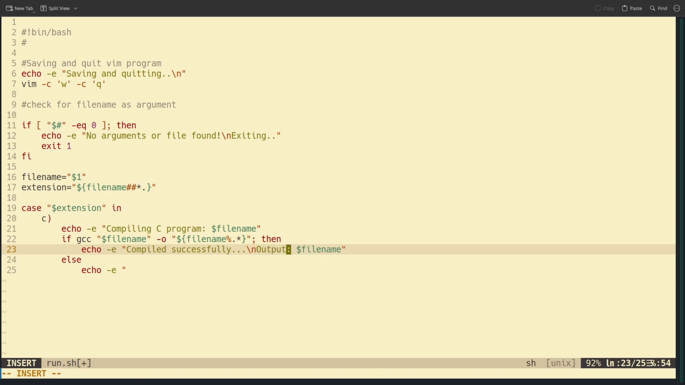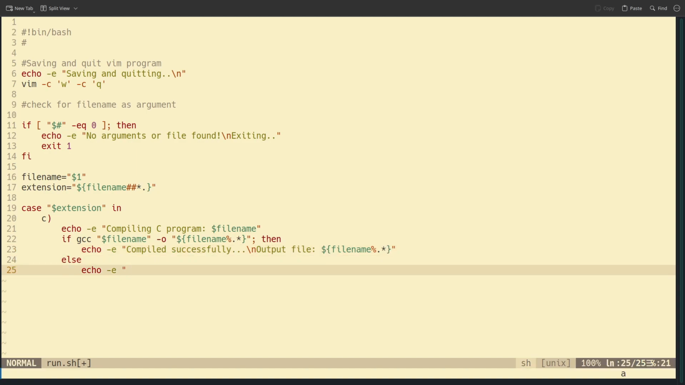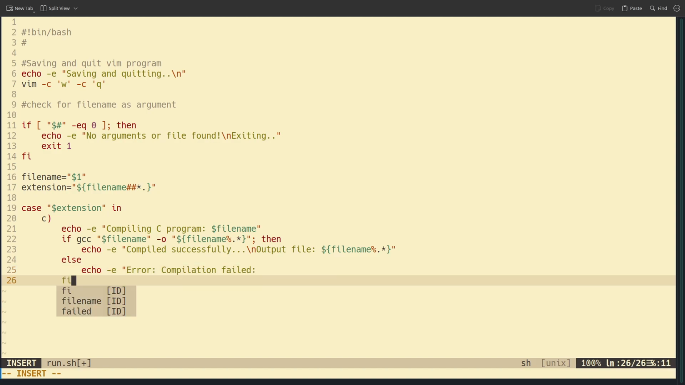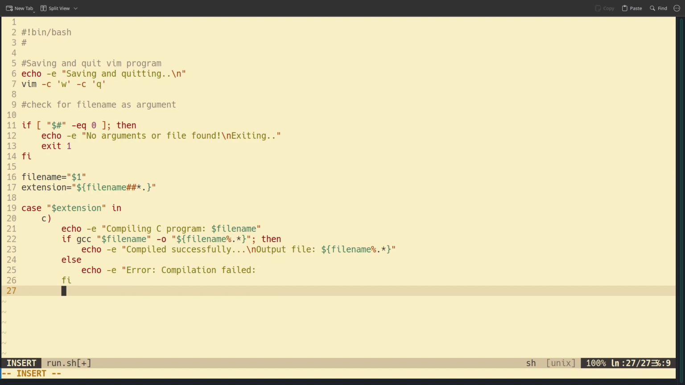output file. I could give this path name. Now if compilation failed, I can give error compilation failed. I can give error compilation failed, and I can close this condition check, and I can also close